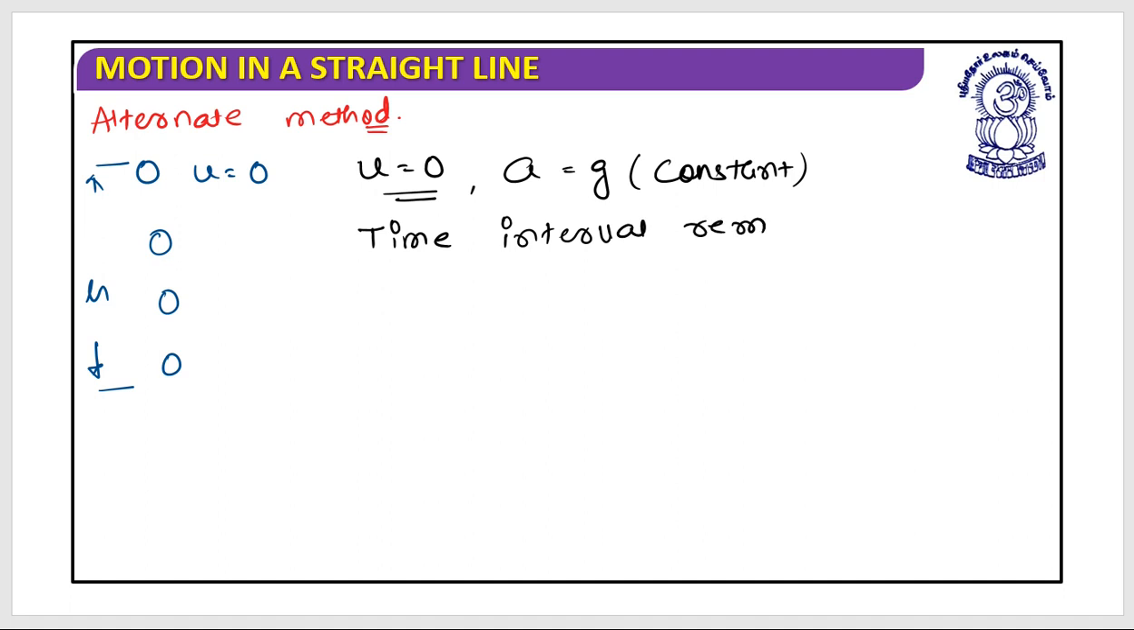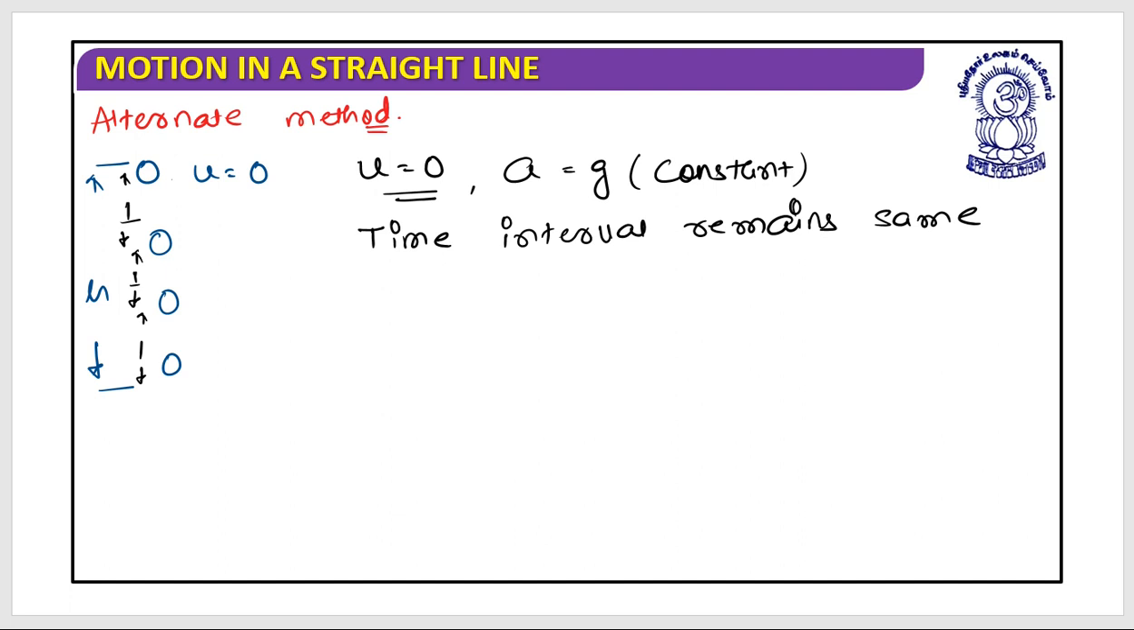remains the same, because this is 1 second, again this is 1 second, again this is 1 second. So the time interval remains the same, initial velocity is 0, and your acceleration is constant. Yes, so according to Galileo's law of